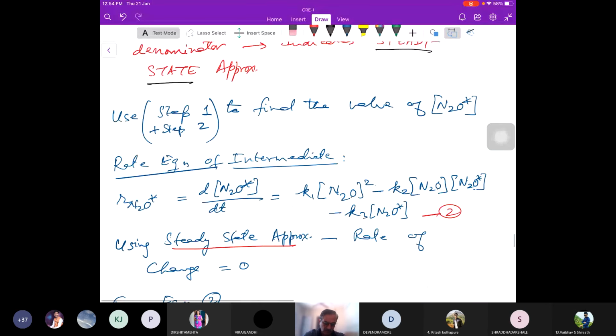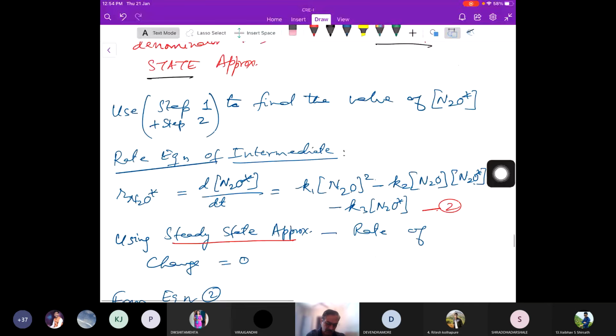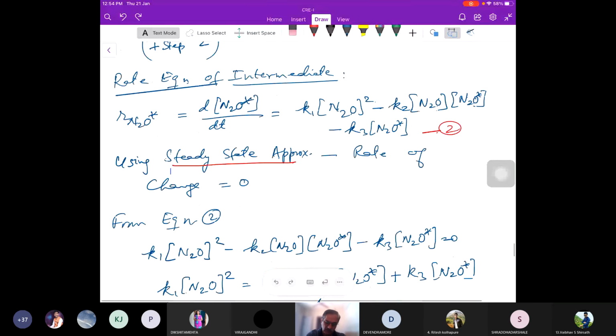So ये सब यही किया हमने कि rate of formation of intermediate, यानी N2O star, is equal to d[N2O star] upon dt is equal to forward का K1 [N2O] square minus reverse का K2 [N2O][N2O star] minus step 2 का K3 into [N2O star]. And now we know that steady state है तो ये total जो है has to be equal to 0. That means this equation 2 or this step